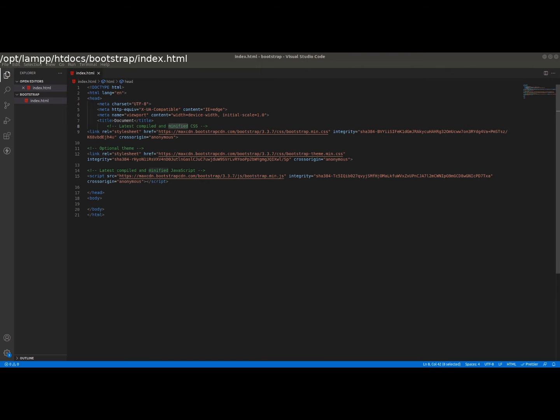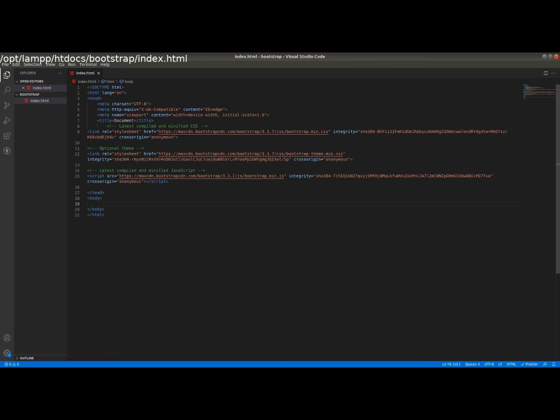Now we have installed Bootstrap in the second way, using the CDN. CDN means content delivery network. So maxcdn.bootstrapcdn.com is the website of the content delivery network. There they have hosted Bootstrap version 3.3.7. Now the latest version is Bootstrap 4, but in this section I'm using Bootstrap 3, and also allowing cross origin with anonymous. You just go to this file, copy and paste it here. Now this is the setup of your file.